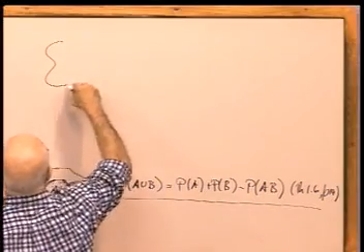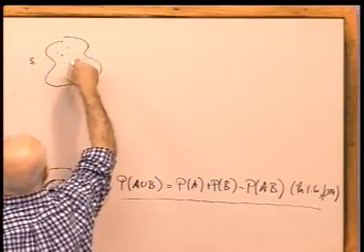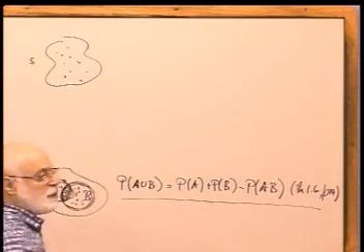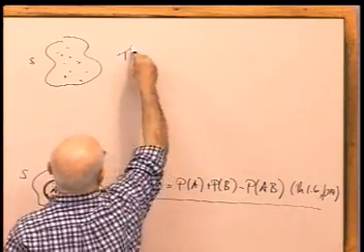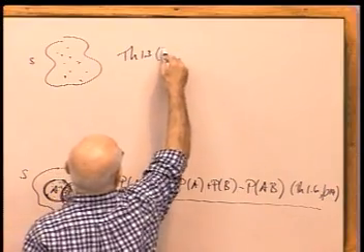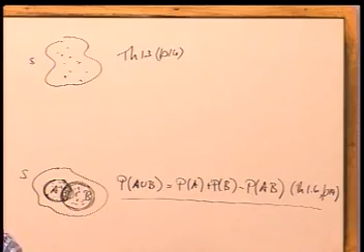So here's my sample space. And it's got these finite number of points in it. And the author calls this capital N. So this is theorem 1.3 on page 16. Theorem 1.3, page 16. And what he says is that if S